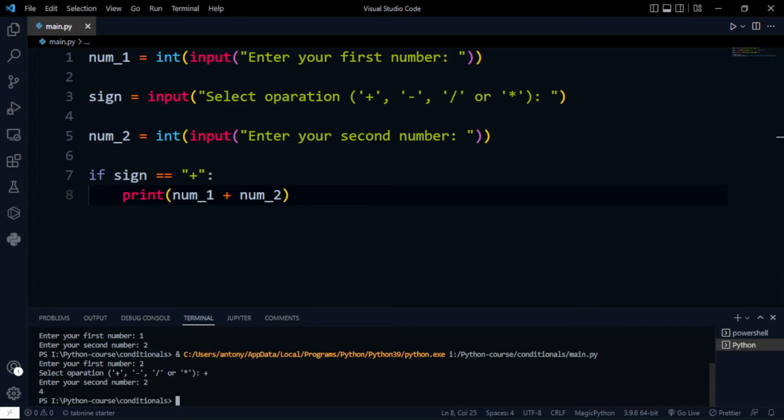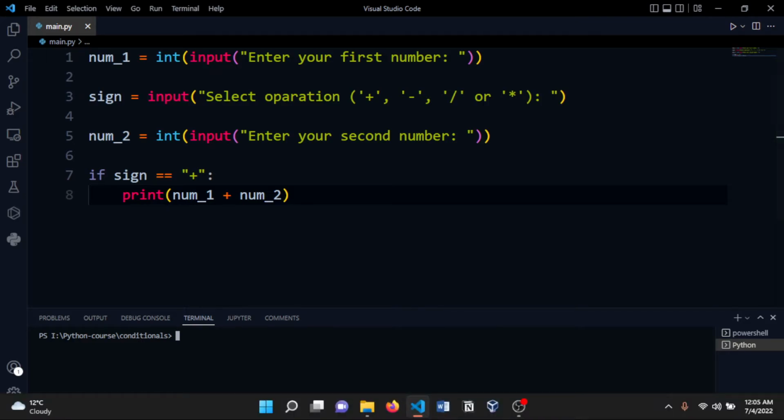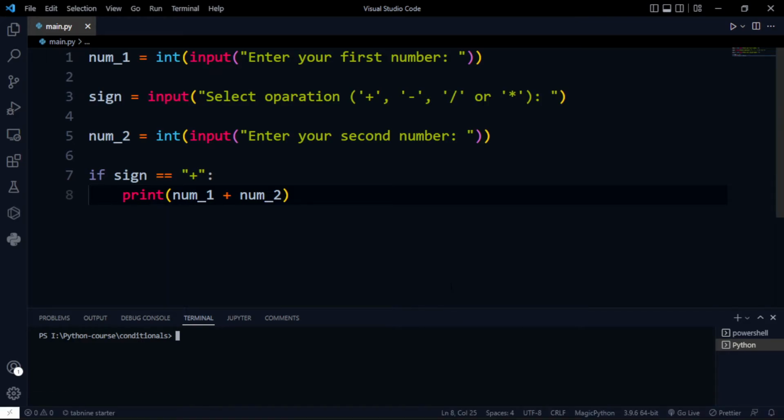As we can see it right here, the answer is 4. That is great. That shows that our Python code is actually working. Okay, so now that you've seen how the if statement works, we're gonna move on to the else if